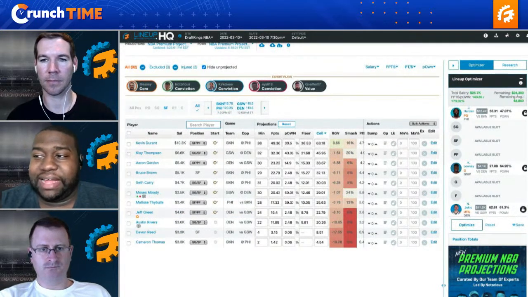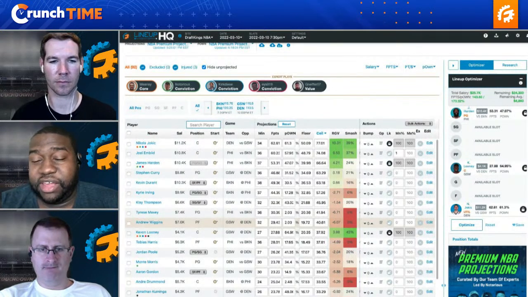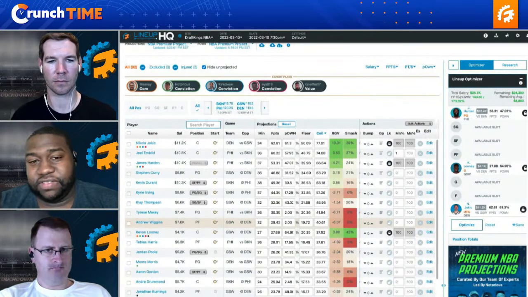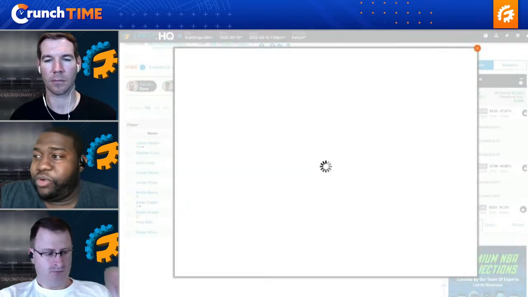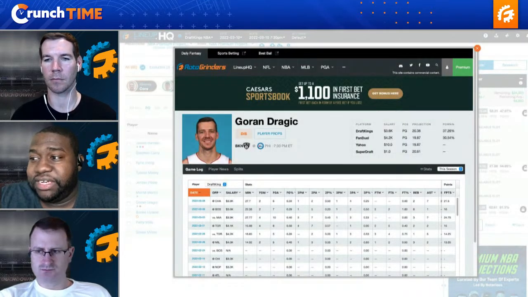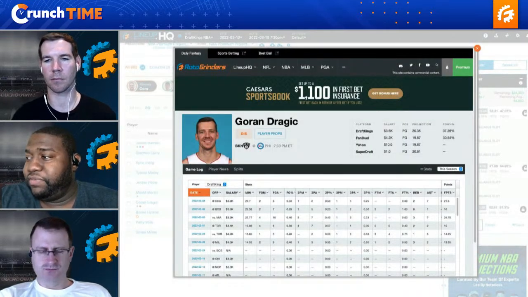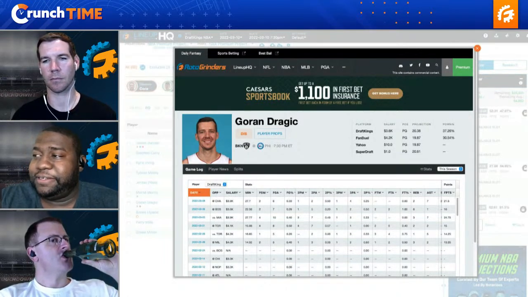And then of course, I think Goran Dragic is really valuable on DK where he's 3,600. This is where I want to get the Dragic exposure. It's not that I wouldn't play him on FanDuel either, but on DK at 36, I really like him a lot. If you want to get even more different on this slate,